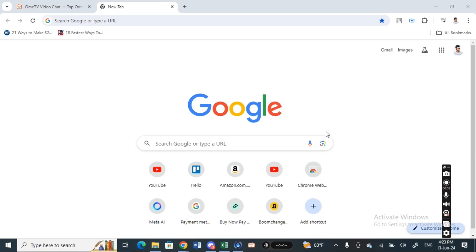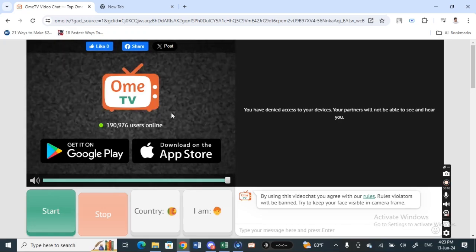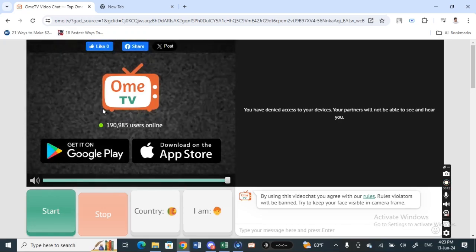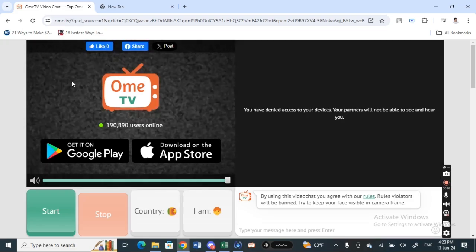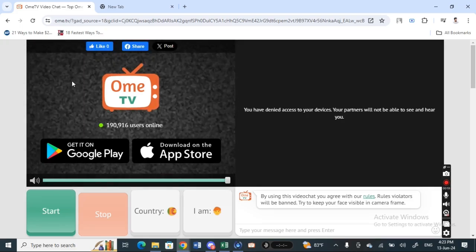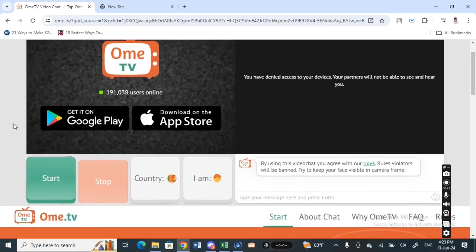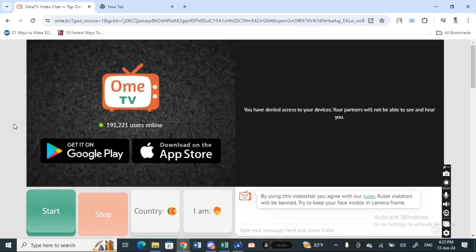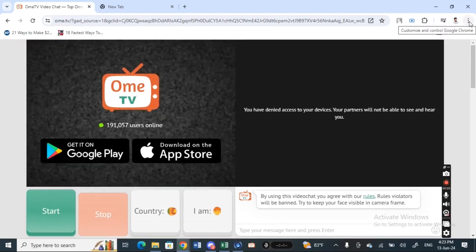So today in this video I'm going to quickly show you how to fix the Ome TV loading error. If you are facing this loading error screen or the buffering error, it's mostly because of a permission issue with your extensions. For example, you haven't provided access to the camera or microphone, so that's mostly the reason. To fix this loading error, go to your browser, open up